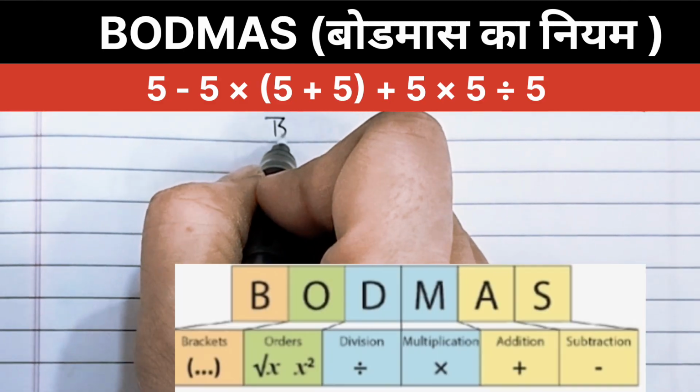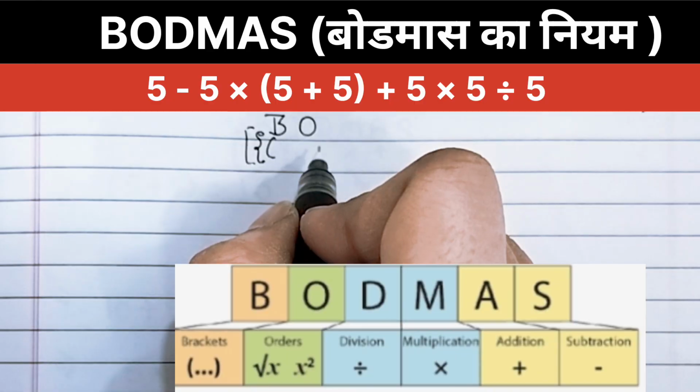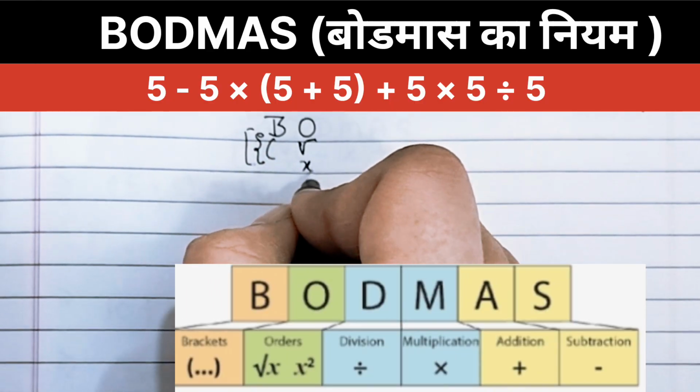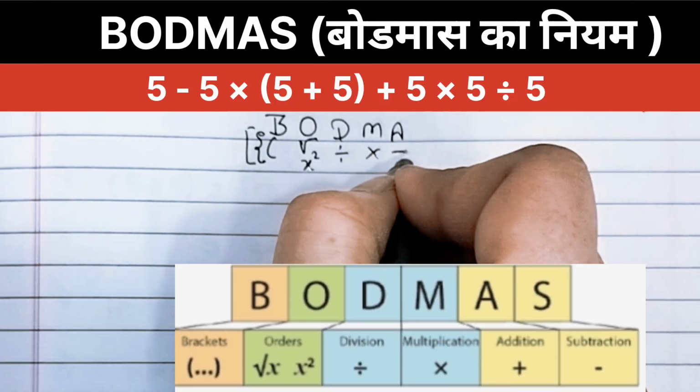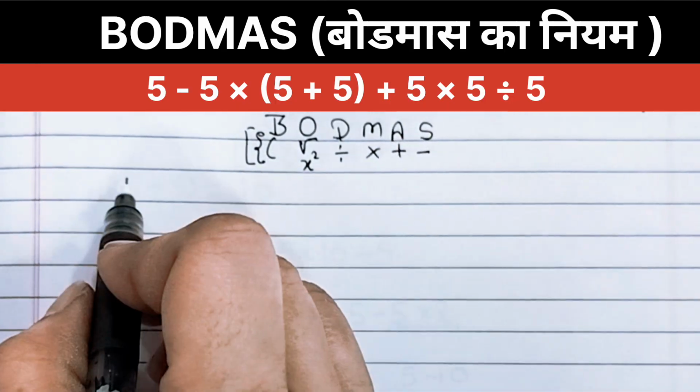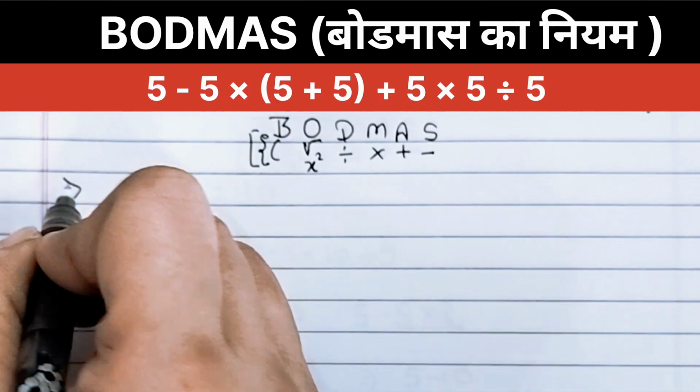To solve this expression, we use the BODMAS rule, which dictates the order of operations. First, we solve brackets: small bracket, curly bracket, then square bracket. O stands for of, which we convert into multiplication, and we solve roots and exponents. D stands for division, M stands for multiplication, A stands for addition, S stands for subtraction. According to this BODMAS sequence, we'll break down this expression with a step-by-step solution.